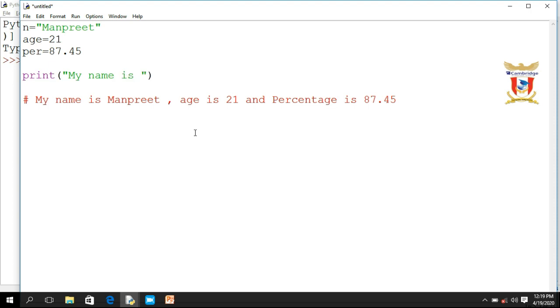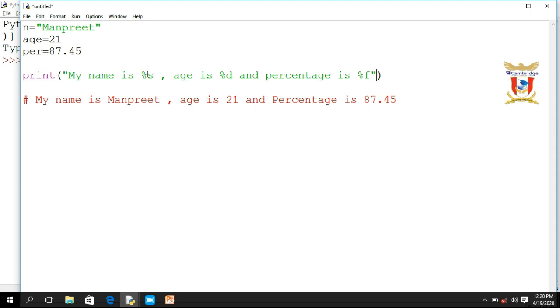My name is %s, because the type of this variable is string, so I will put %s, comma, age is %d, because the type of 21 is integer, and percentage is %f.